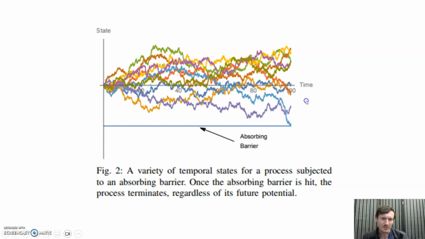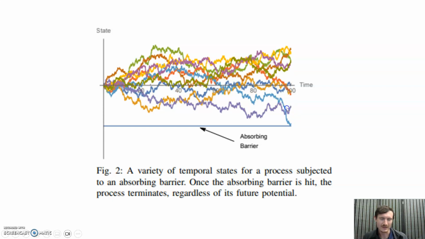And we can ask a couple questions, just looking at this. So the first, if this continued long enough, if you could keep going on the timeline further and further and further for a long time, what would happen to every single one of these people? They would all go bankrupt. Sooner or later, they would all go bankrupt. They would hit the absorbing barrier. Once you go bankrupt, then you don't have any money anymore. You don't get to gamble anymore. So you hit this thing and you're out. You're done forever.